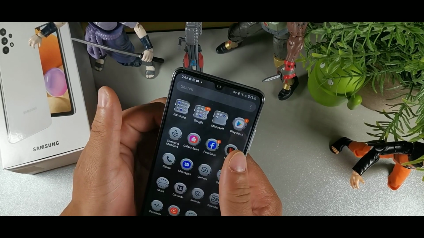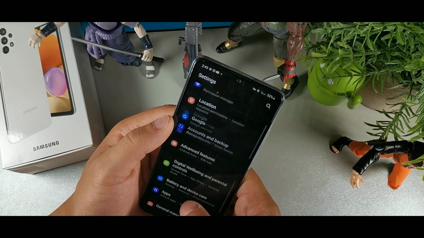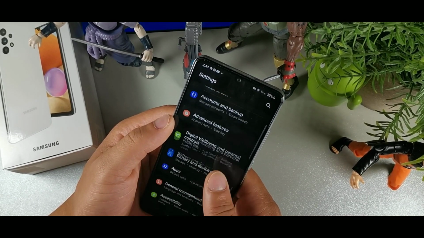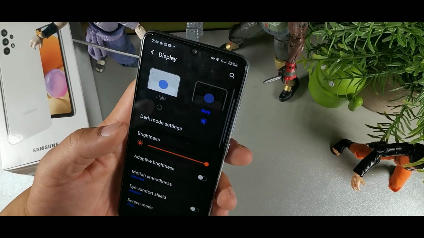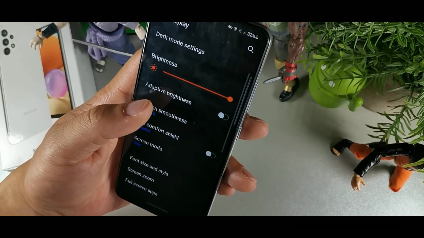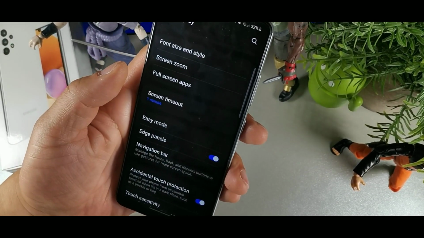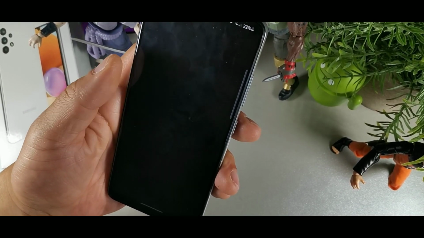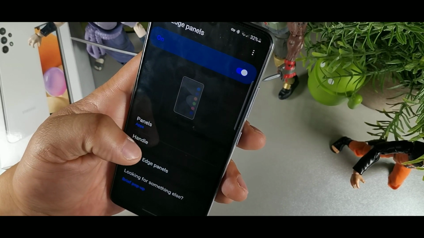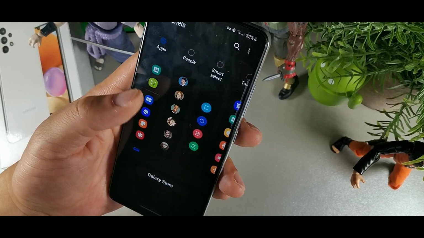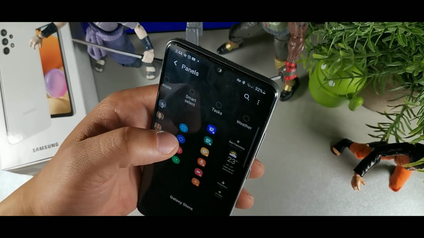And you could definitely use that. In order to get to the edge panel, what you would have to do is go into your advanced settings one more time. So go into your display, and after you're inside of display, what you want to do is just go down to the bottom. You're going to activate edge panel right here in display. Click that, and then you're going to see that it's on right now. So basically you can choose the apps that are inside of here. You could choose as many edge panels. You could choose one for weather,